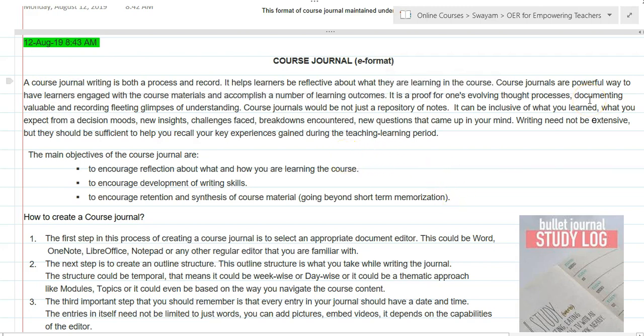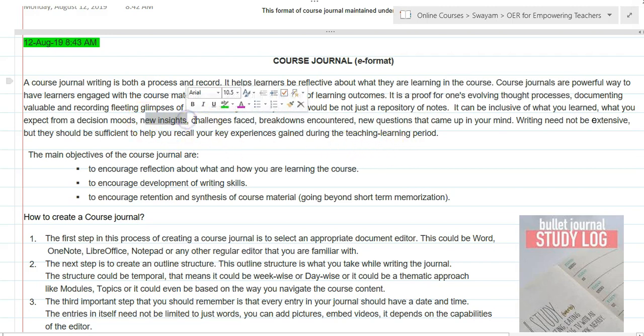Here, the learners will be evolving various thought processes, documenting the valuable points that are discussed during the course, and recording the same in any kind of gadget and maintaining it in a journal form.